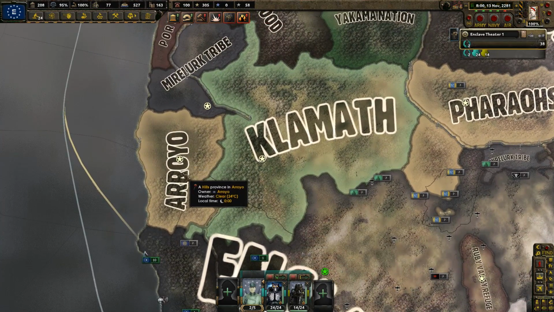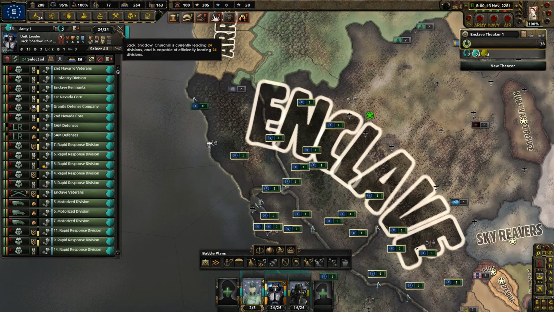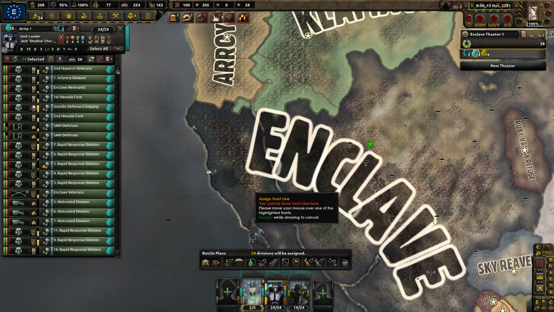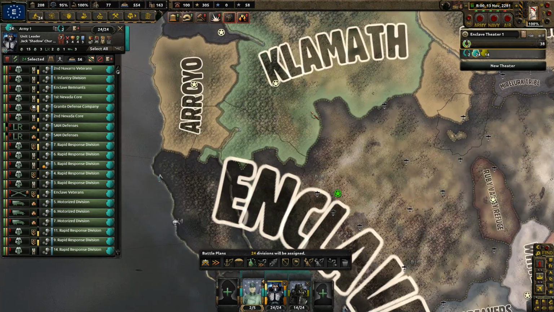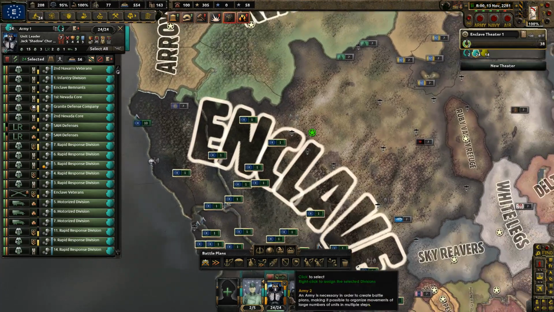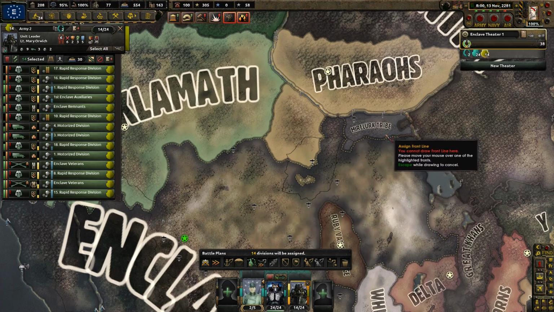Let's start with probably the Pact. There's no point in doing this naval invasion stuff because we can't go anywhere for years. So let's start by setting up an army. Kind of depends on who joins and what. We'll start with a good, strong force here against Arroyo, and I know you're not strong enough, but we'll set you up over against, probably